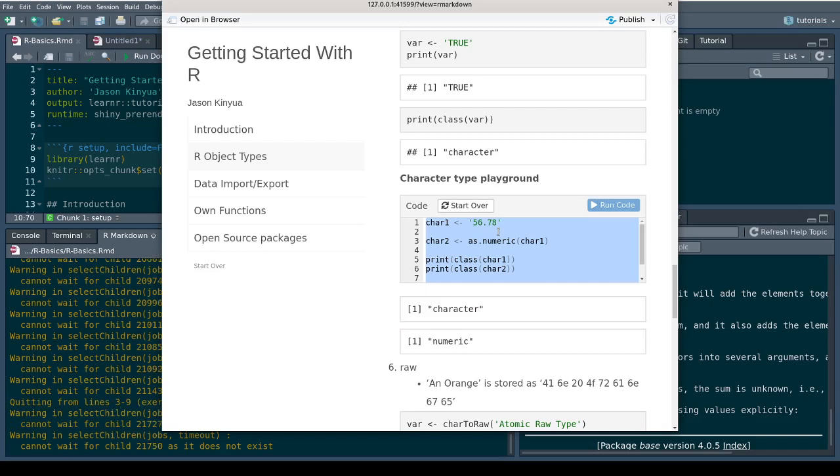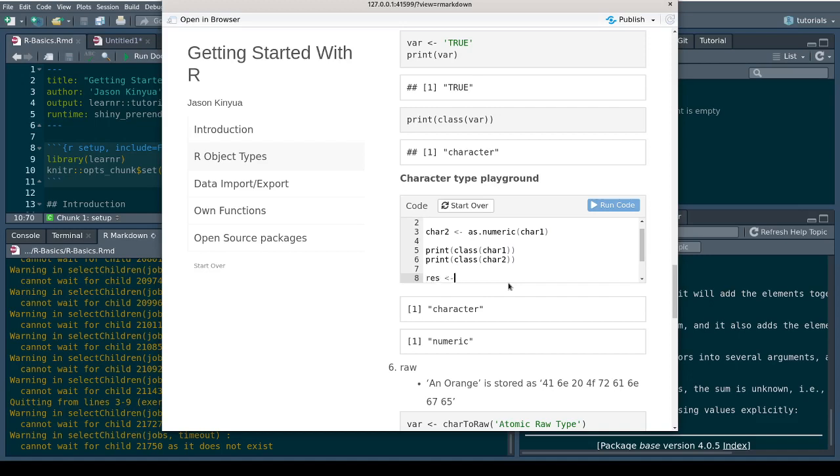Okay. See the first character. This one, the object defined with the quotes, was given type character, and the other one type numeric. We have done here a typecasting. Then let us do another. Let us do something else interesting. Assume we want to add the two.